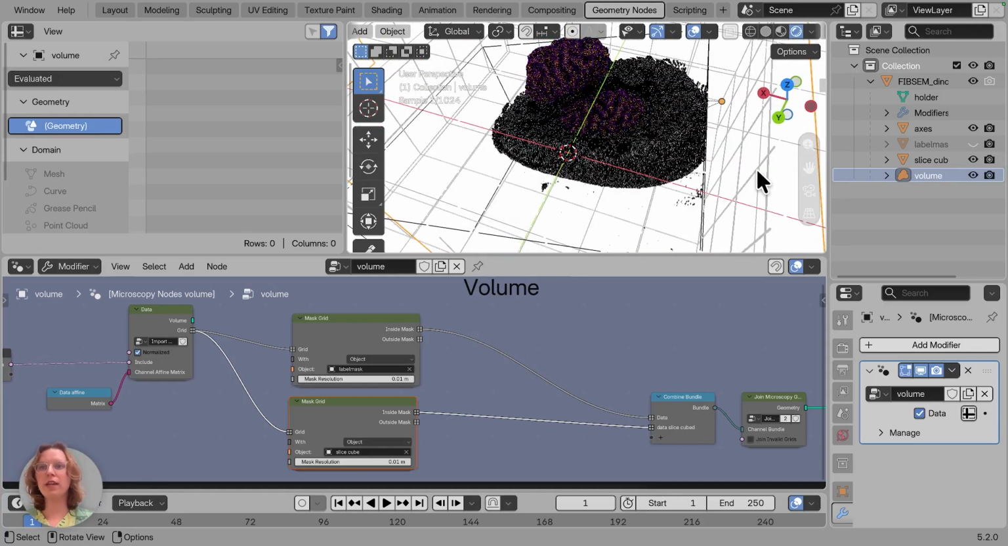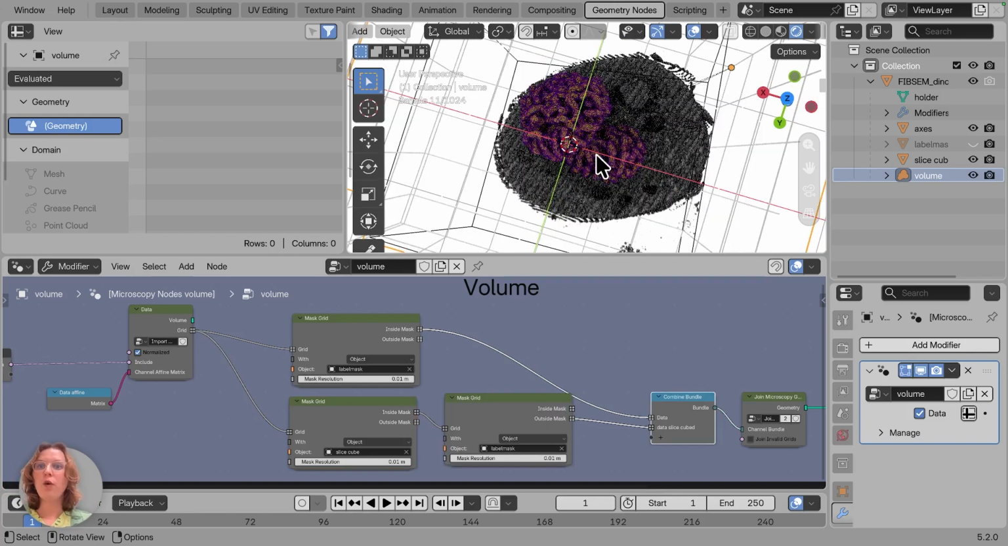The other thing we can now do with the sliced regions is that we could actually use the sliced region to also reload only that sliced region to a higher resolution, but I have a separate video for this. So I hope this helps to show how you can approach recoloring regions and using masked regions within Microscopy Nodes